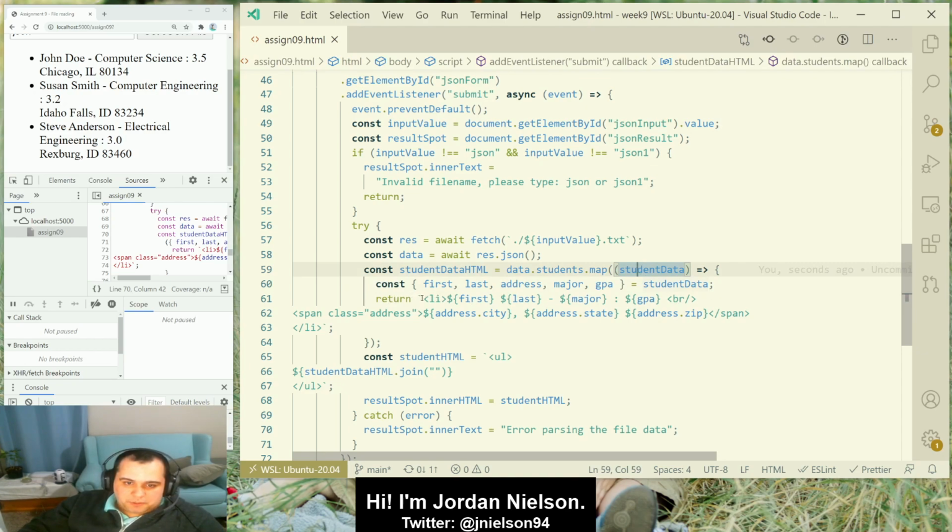And so then we are doing a template literal and making a list item for each student. We're sticking their first and last name, their major, their GPA, and their address pieces. You could do whatever you want in here, but you do have to include all of the data for each student. And what I was originally planning to do